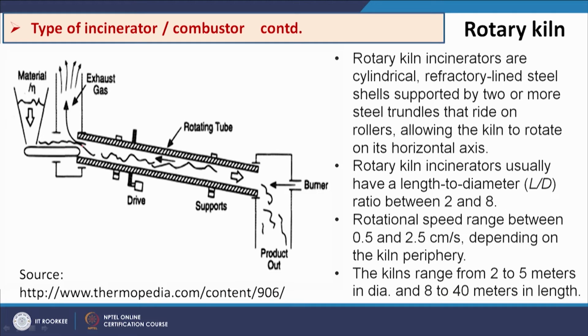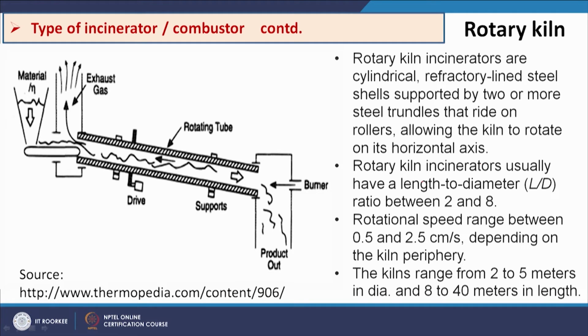So, gradually temperature is increasing, and so here we are getting the ash or product out and the gas is going out. So, this hot gas will be used for the heat recovery. Rotary kiln incinerators are cylindrical refractory lined steel shells supported by 2 or more steel trunnions that ride on rollers, allowing the kiln to rotate on its horizontal